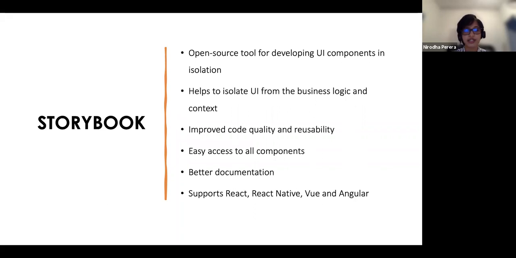So next, we will look into Storybook. This is an open source tool which is used for developing your UI components. It provides you the ability to isolate your UI components from the business logic. This will be very useful when you are developing the component in a responsive manner. And because we are mainly focusing on the component only, it improves the code quality and reusability of the